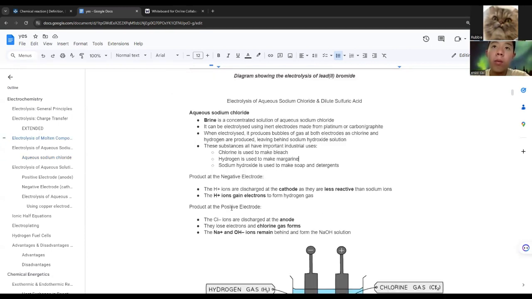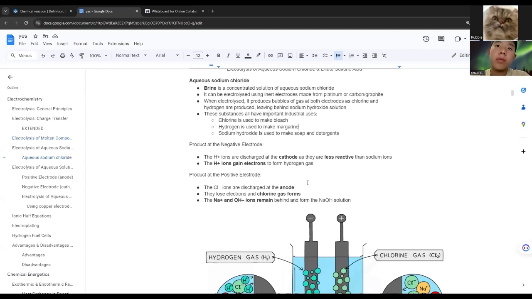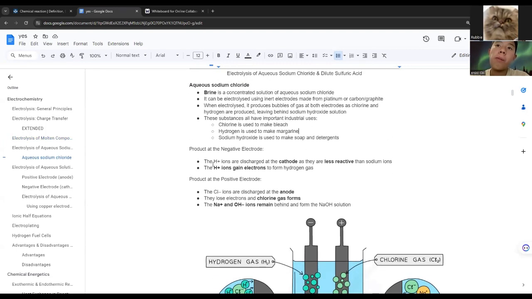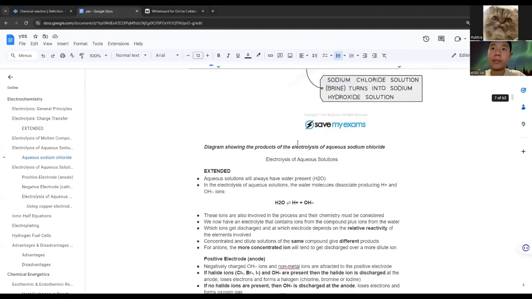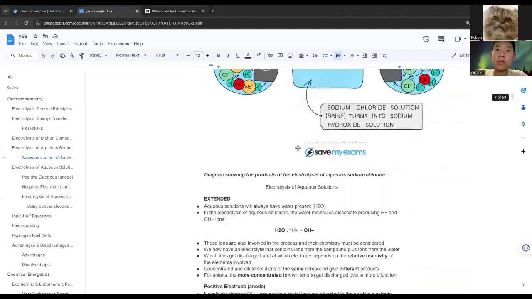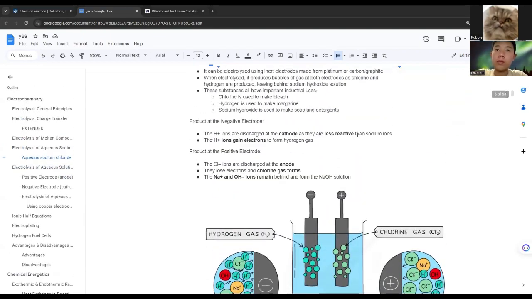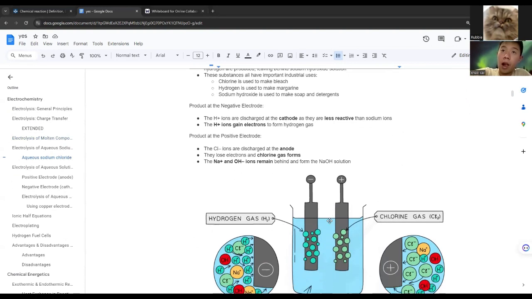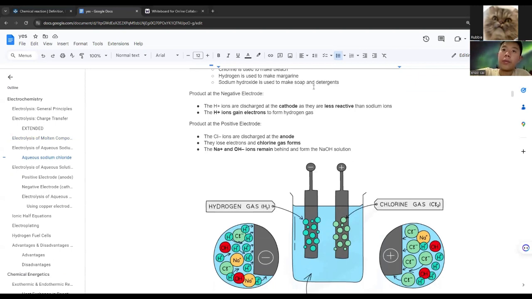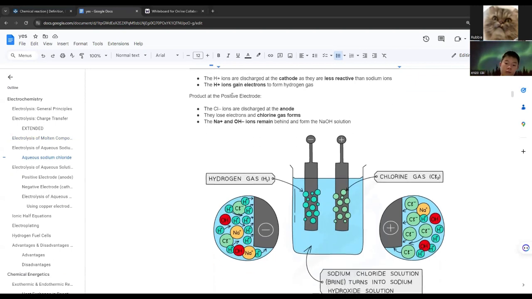Products of the negative electrode here. The hydrogen ions are discharged at the cathode as they are less reactive than sodium ions. I'll bring up the reactivity series later. The hydrogen ions gain electrons to form hydrogen gas, and then the hydrogen gas escapes. And then at the positive electrode, the anode,